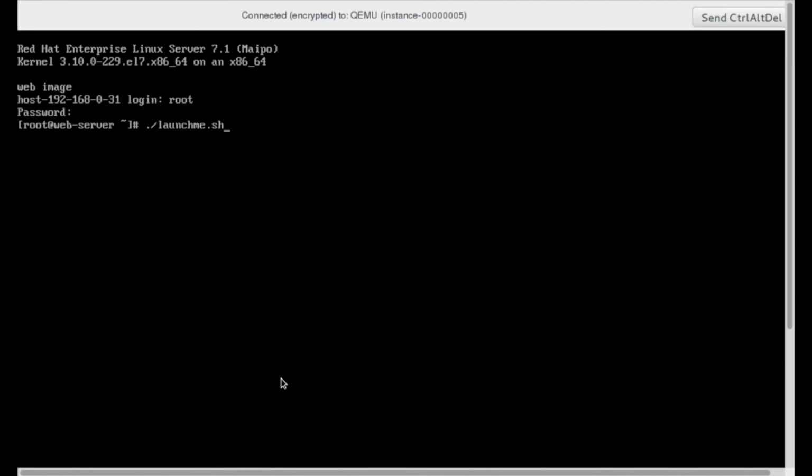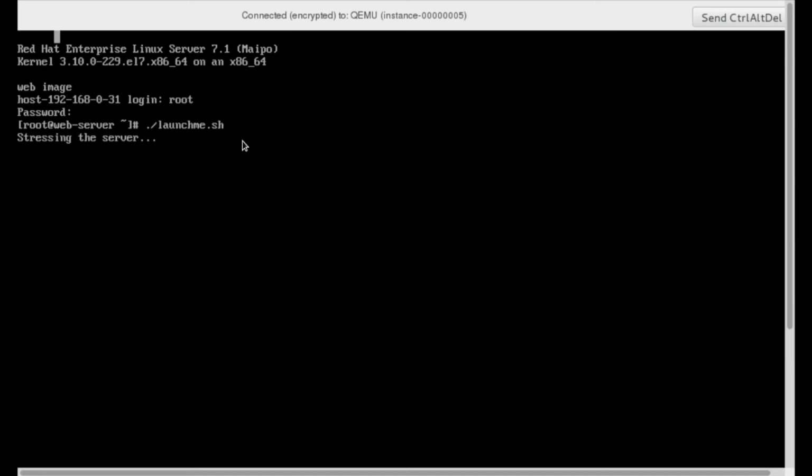Now launch me is a script, as you can see here on the screen, that says that it's going to simulate some CPU load on that web server. And as that CPU load expands, what we will find is that additional web server instances will be created for us. Now, this will run for about 5 minutes, providing additional stress, creating additional web servers,